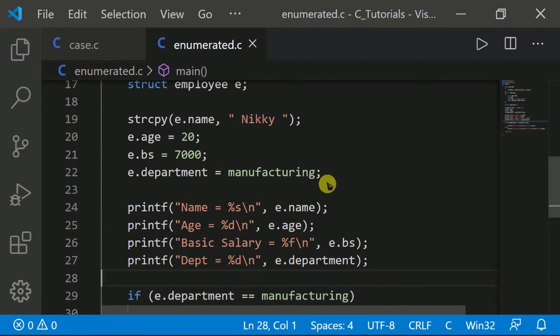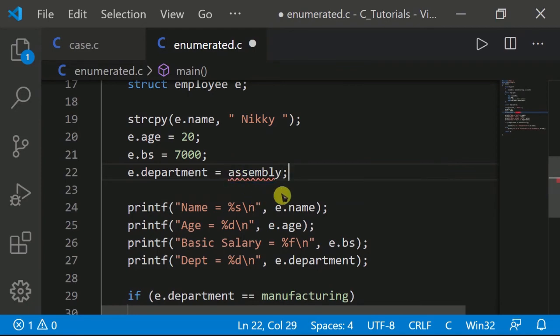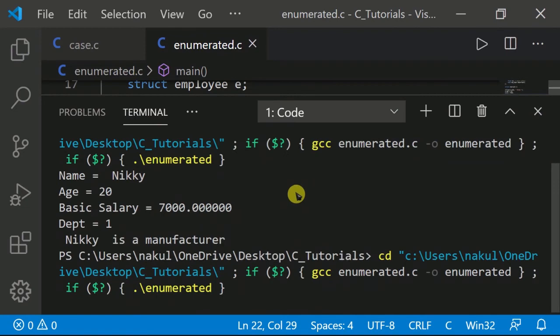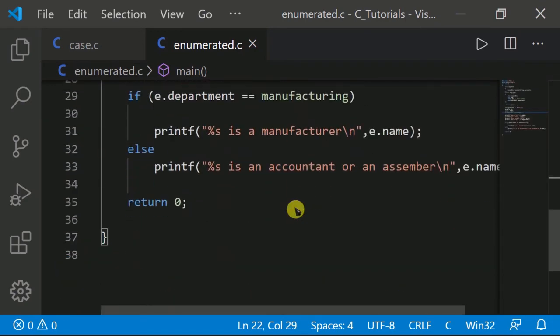If I set the department from manufacturer to assembly, now let's run this program. It prints the second text, Nikki is an accountant or an assembler, and department equal to 0, because it does not belong to this condition.